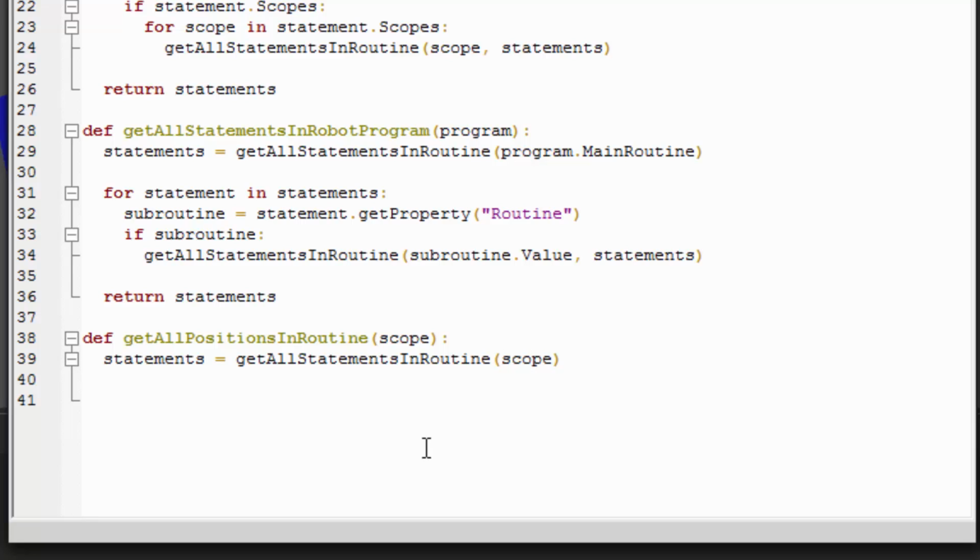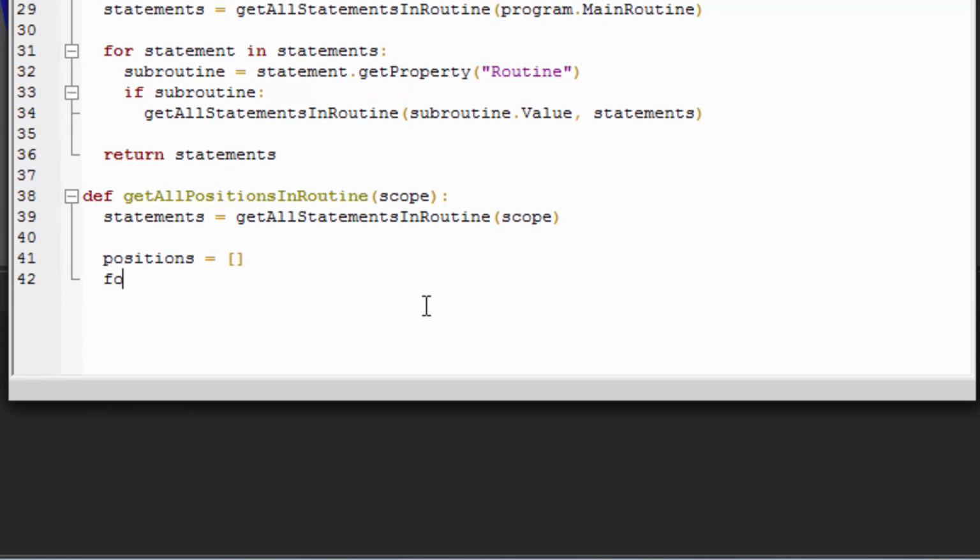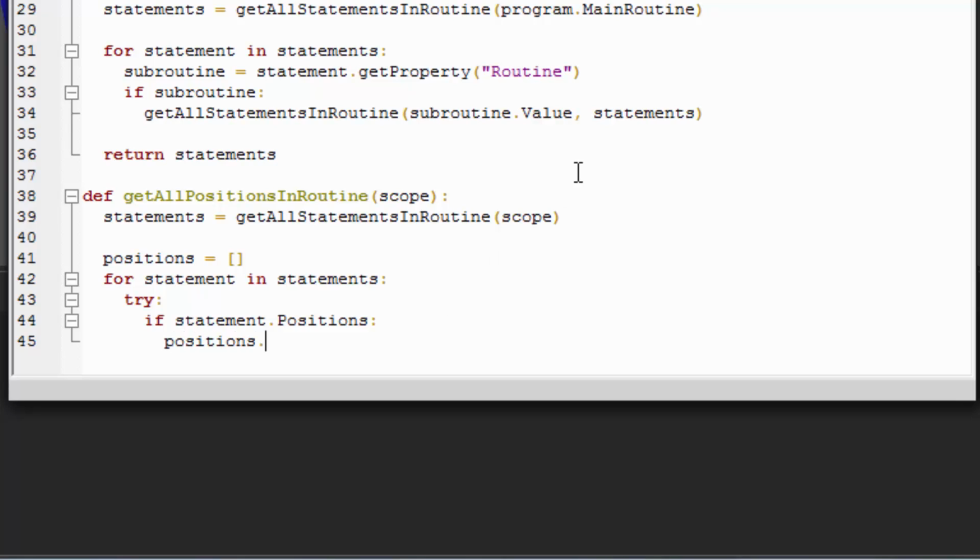And then we'll create an empty list called positions equals, and for statement in statements we'll try if the statement has this positions attribute. If statement dot positions, we'll add those positions to our list. So positions dot append statement dot.